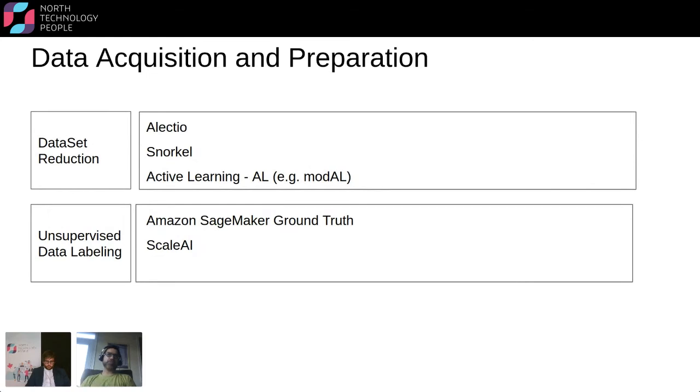So in short, data acquisition and preparation is still a problem. There are techniques available, there are frameworks available, but it is something that has not easily been tackled right now. And it will take the machine learning industry some years to come up with a strategy that can help avoid these data biases and everything.